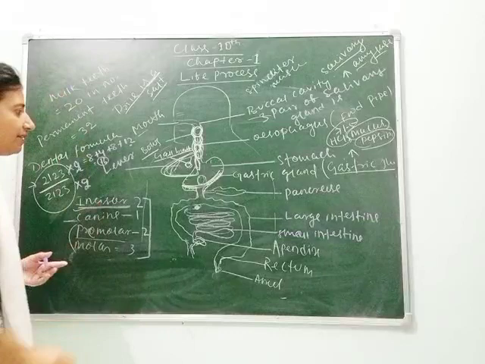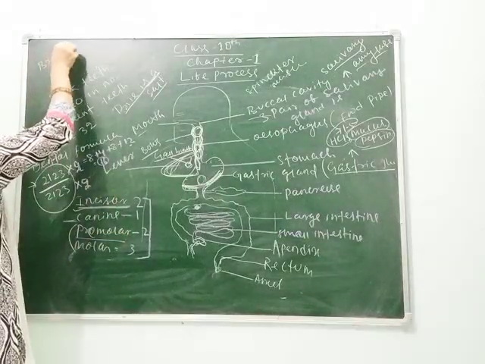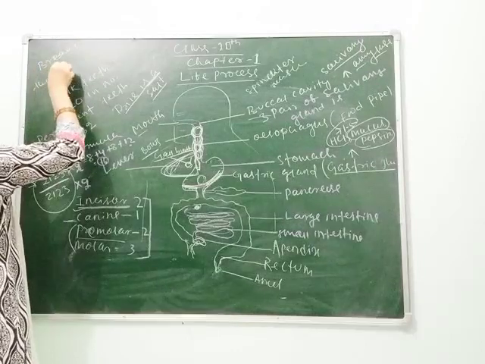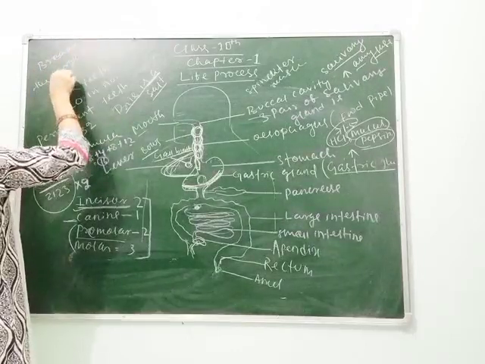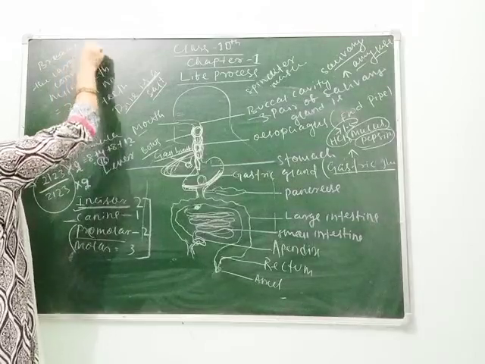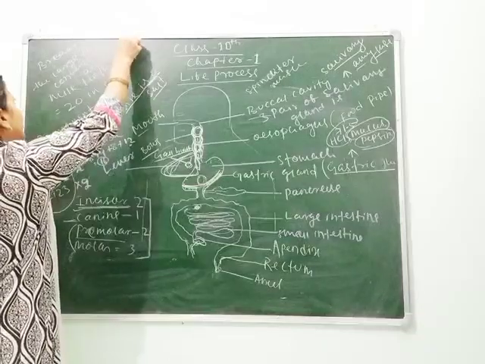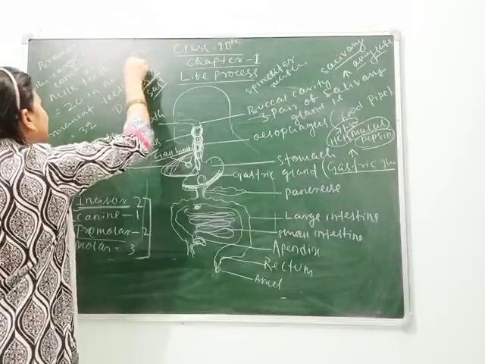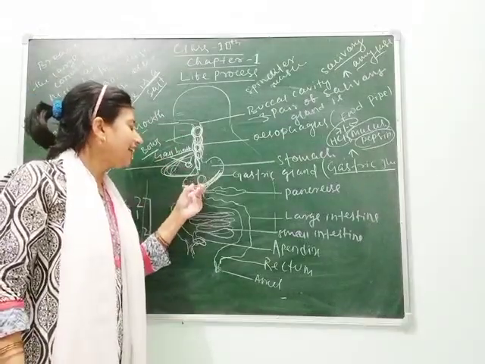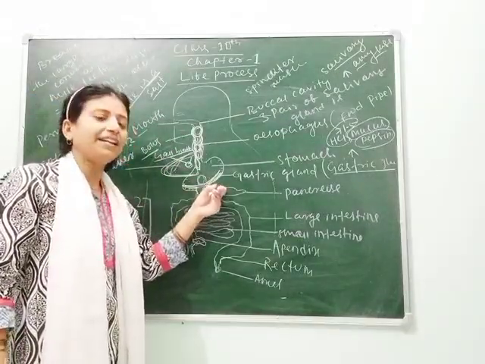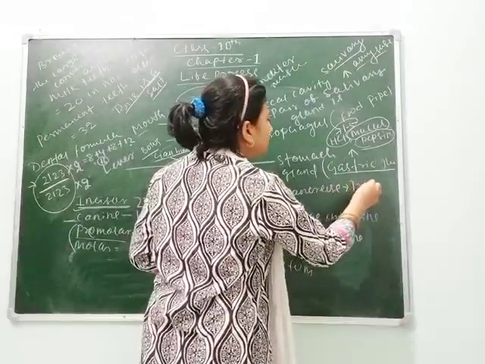We can write here that it breaks the large fat globules as well as converts the acidic food into alkaline. After the food gets alkaline, here comes the secretion of pancreatic juice, means pancreatic enzymes, which are trypsin